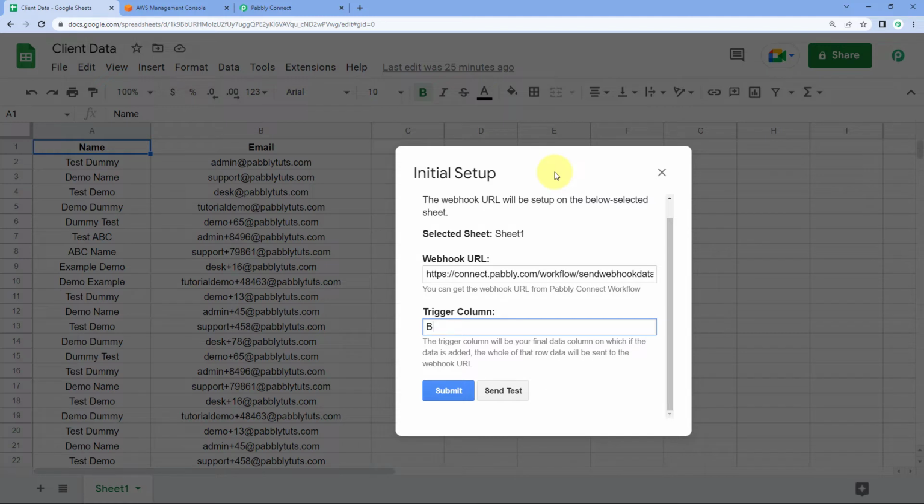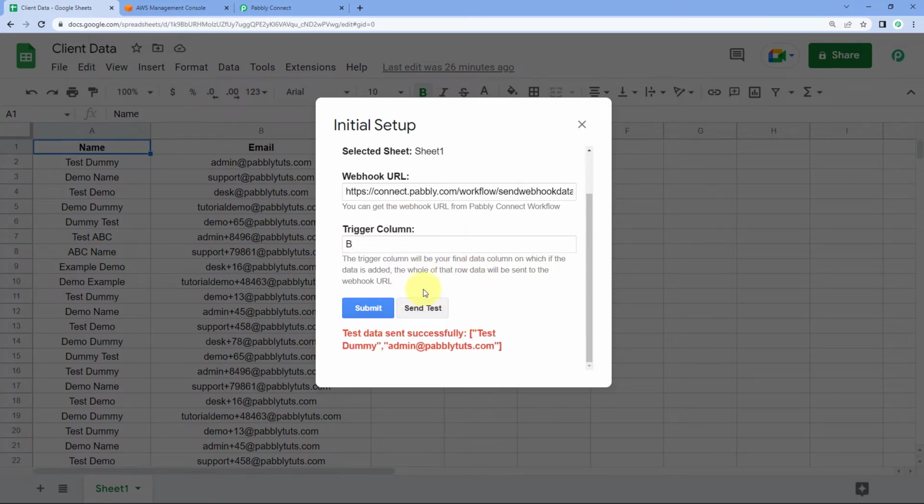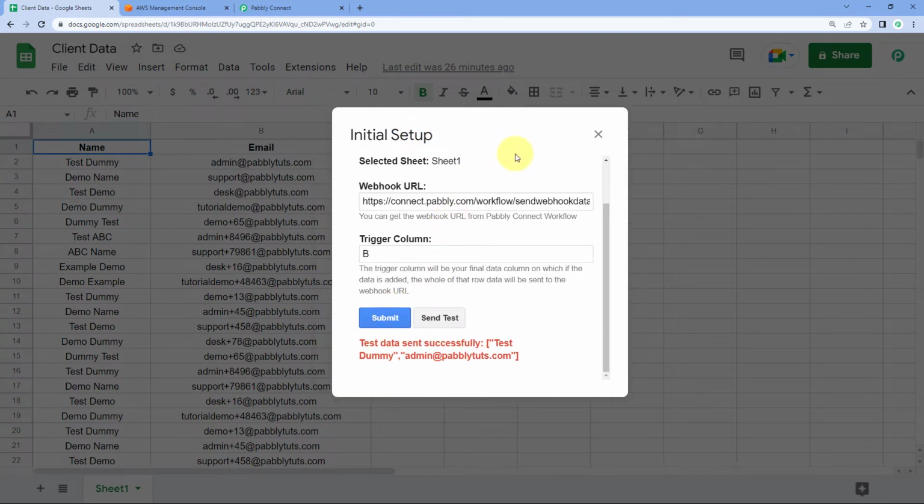According to the Google Sheet which you have created, any column, B, C, D, E, F, G, H, could be your trigger column. Just make sure that that column is your last data entry column. After selecting our trigger column, just click on Send Test. After clicking on Send Test, it is showing us that test data was sent successfully, which means the data